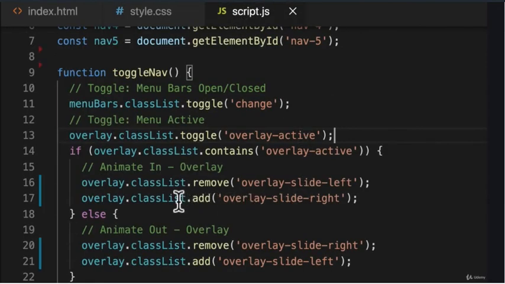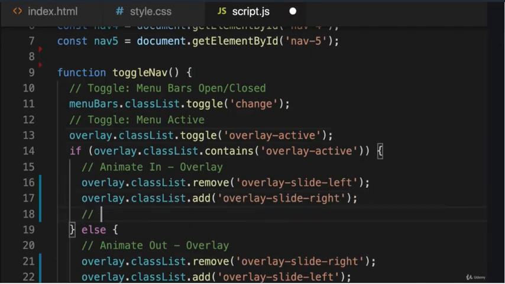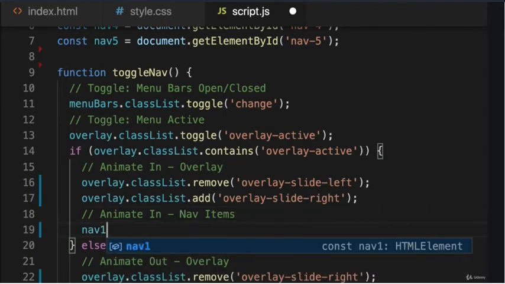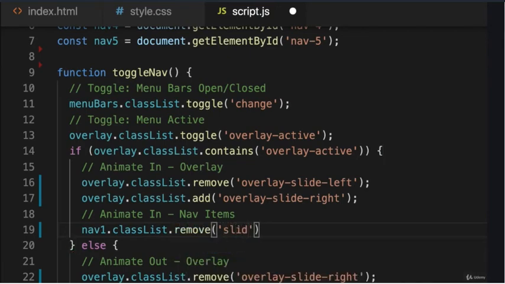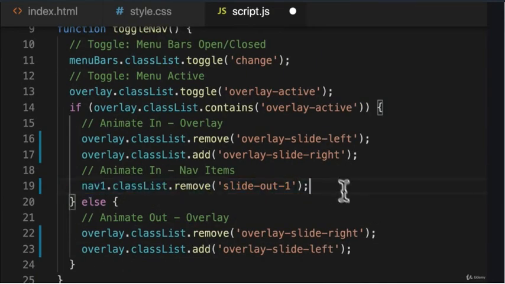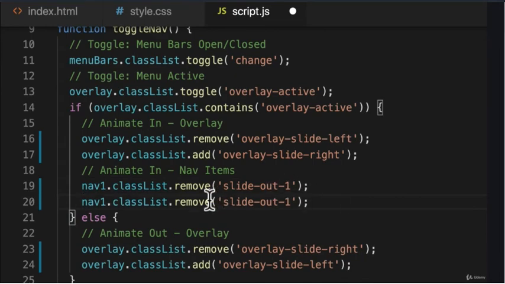So we know from our last lesson that we need to make sure that we remove a class that is opposing to the class that we want to add. So let's start in our animate in. We're going to comment out a title here, animate in, and our nav items is what we're animating in. And we'll create the first one, nav1.classList.remove. So just in case, we're going to remove our slide out one class, and we can copy this, paste it here,